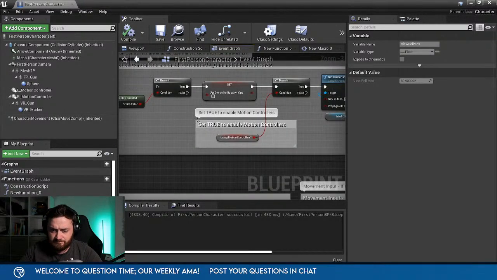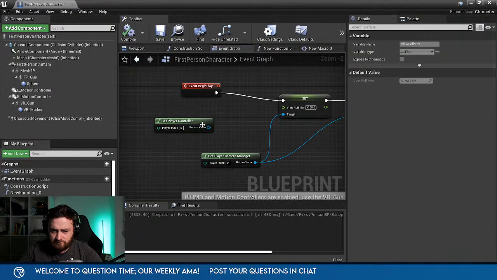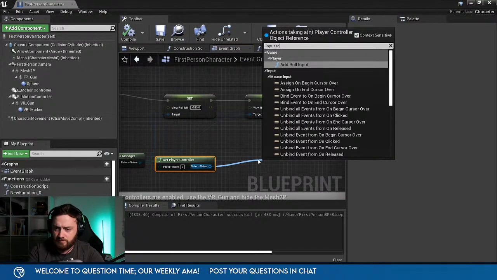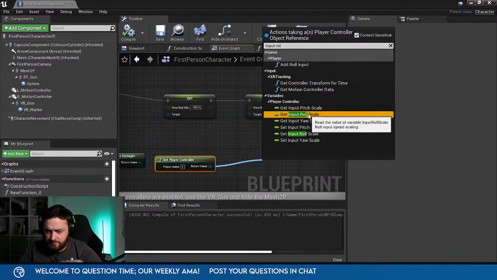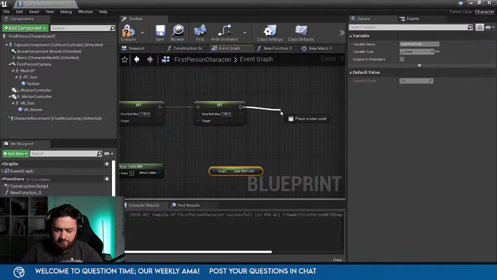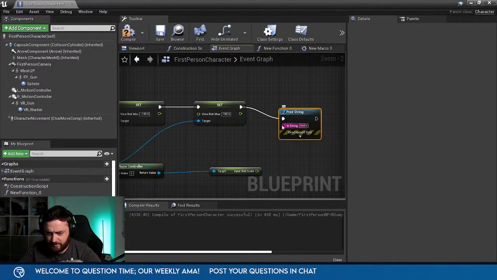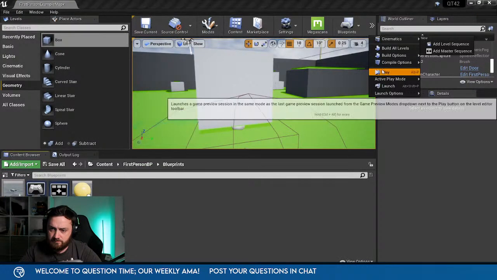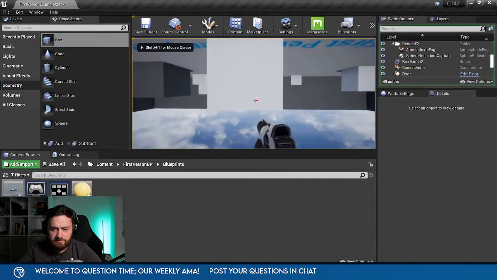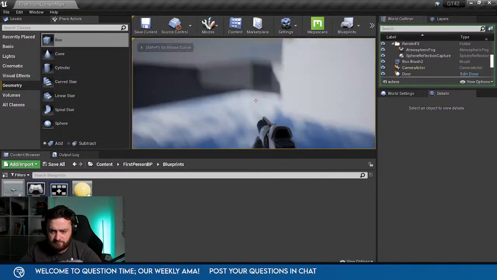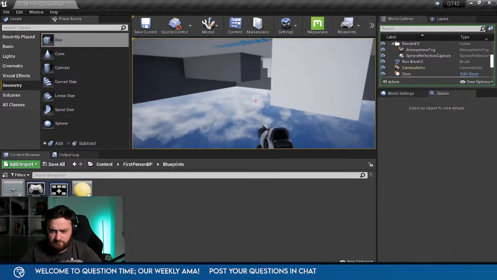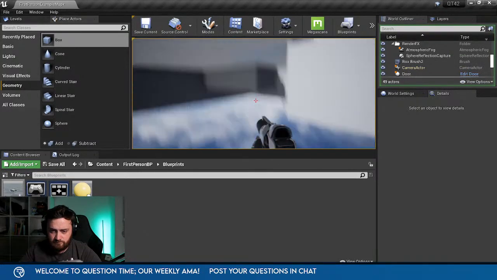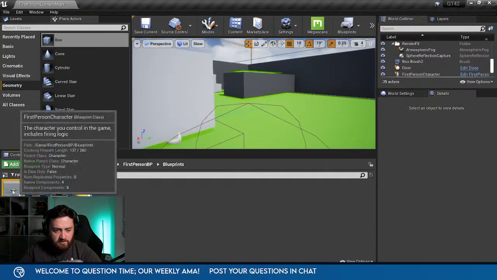Issue. Just print string that input scale. That's saying you don't normally use roll in games for this purpose. Interesting.